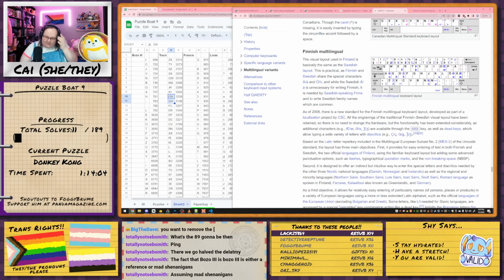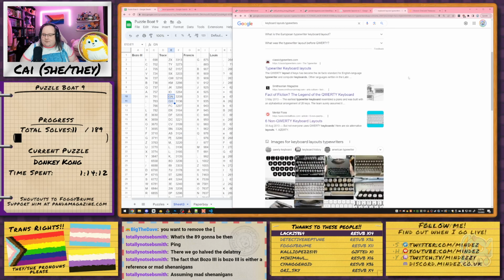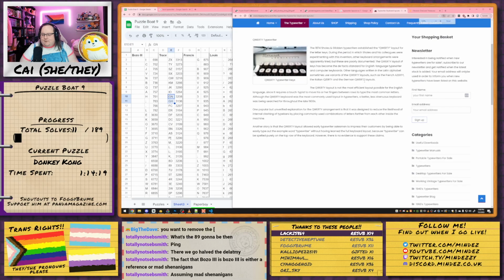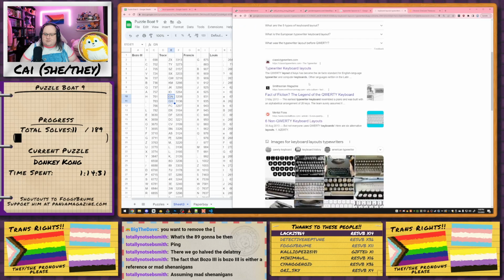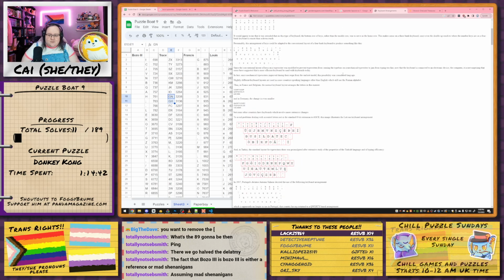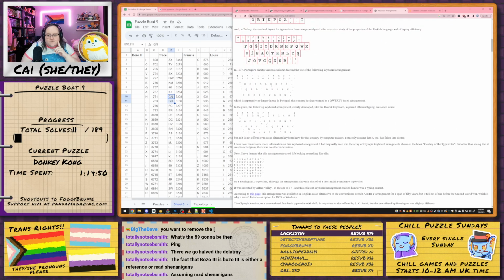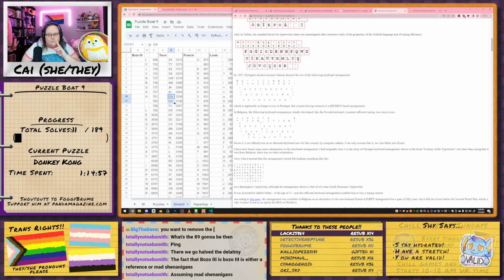I specifically... I don't want information on keyboards. I want information specifically on typewriters. Typewriter keyboard layouts. Here we go. Give me more information. Keyboard arrangements. This is the only one that I've seen that's got like 8 next to O. But nothing else will match up, so...